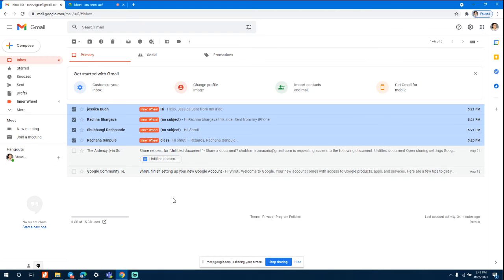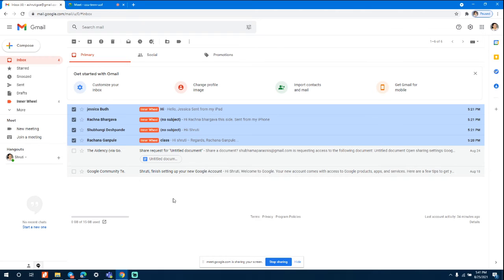I'm just wondering how they are labeled on their own because I haven't labeled them. Is this automated? No, it does not automate. Even I have such an issue, like all my mails from my workplace have been marked as important. Many a times, yeah, if you open it multiple times, then important can be marked on its own. The AI does it for you, but labels you have to create.